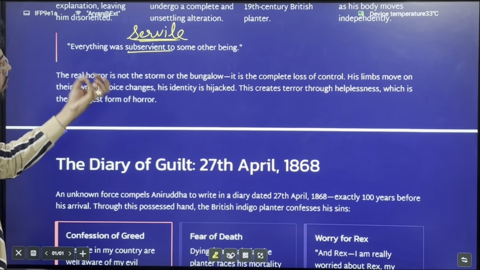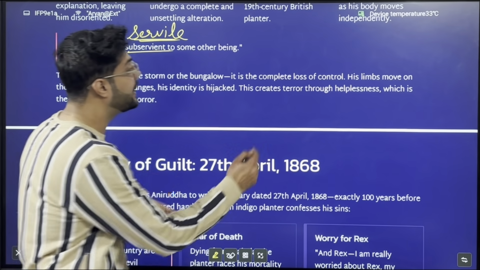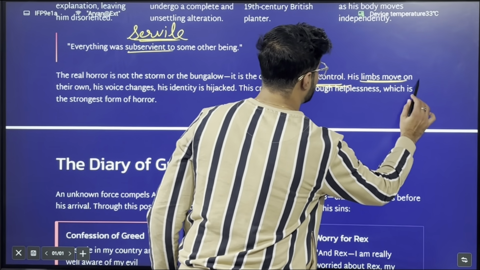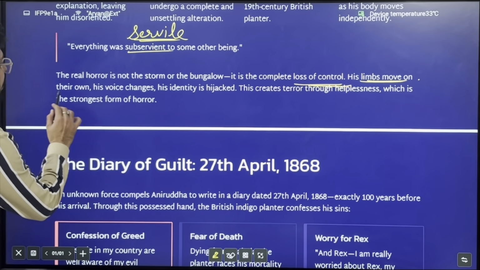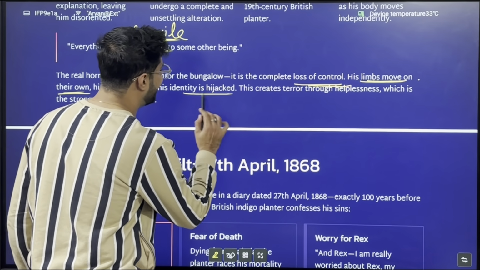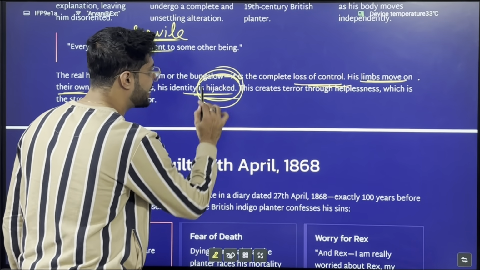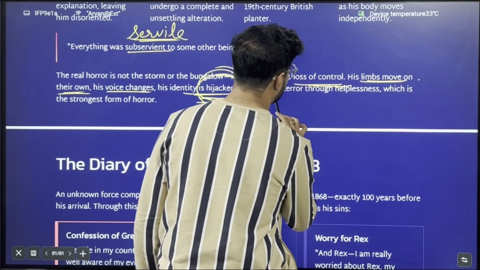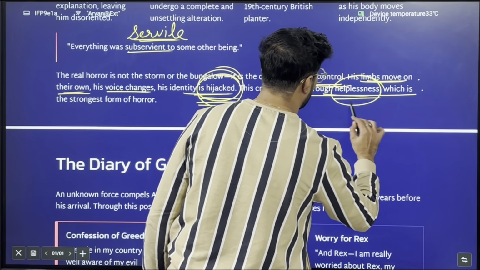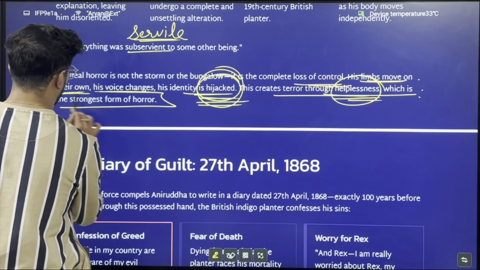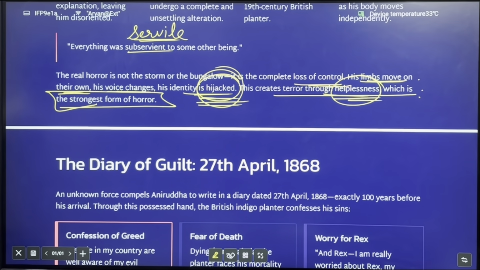The real horror is not in the storm or the bungalow, it is the complete loss of control. His limbs, his legs start moving on their own. His voice changes, his identity is hijacked. And this creates a terror through helplessness, which is the strongest form of horror. When you are unable to do anything or regain your self control, that is the biggest form of horror